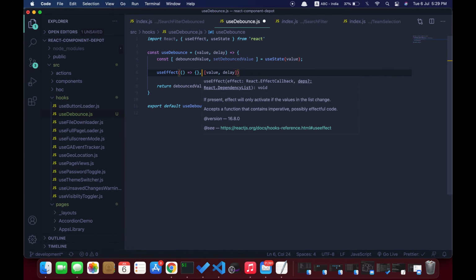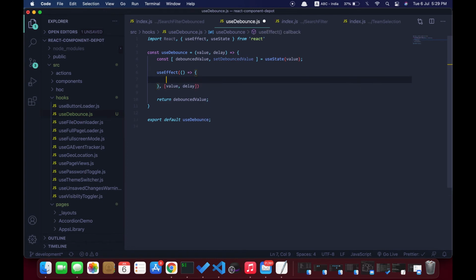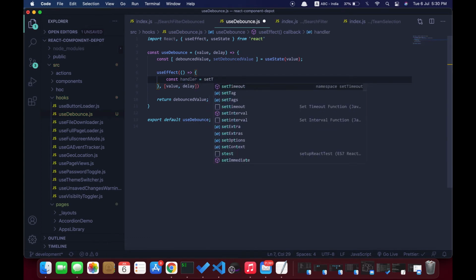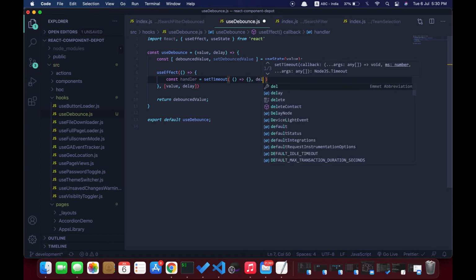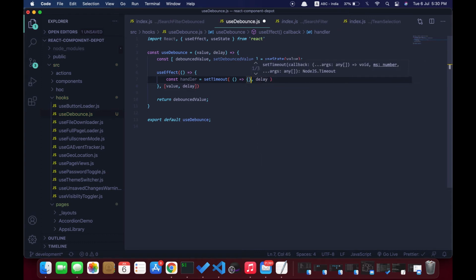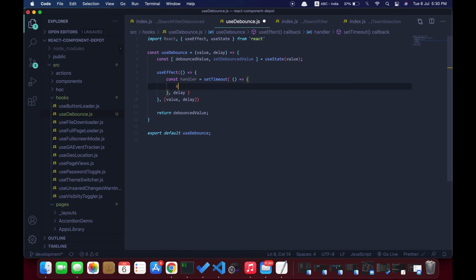And then this useEffect callback will just have a setTimeout handler, and this will be called on the supplied delay time. It could be 500 milliseconds or it could be 1 second. So after this timeout we update the value.